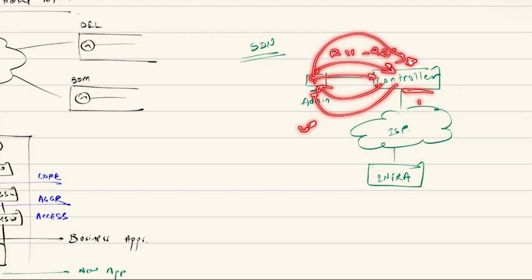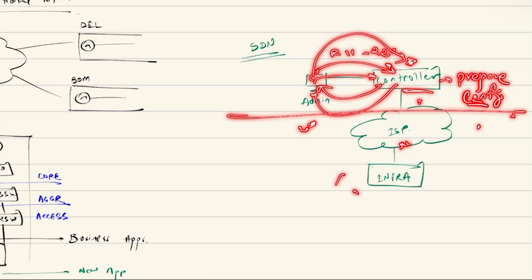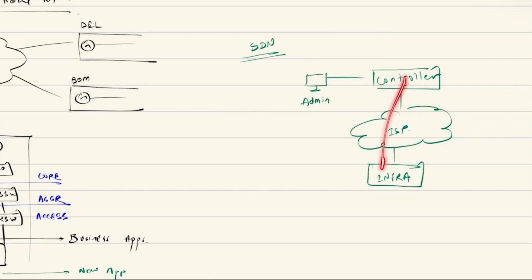And then the controller prepares the device-understandable configuration for each device. It prepares the config. Now, until this time, no configuration has been done on the device. And after preparing it, the controller shows that config to the admin: see, based on your input, this is what I have created for each device that you want to push the config to, and give me an OK if you want to push this config. Now, as we confirm it and say go ahead, the controller will push that config to all the devices that you have.